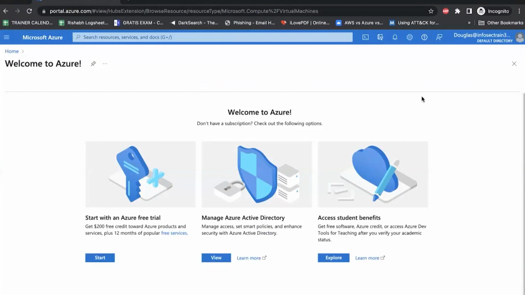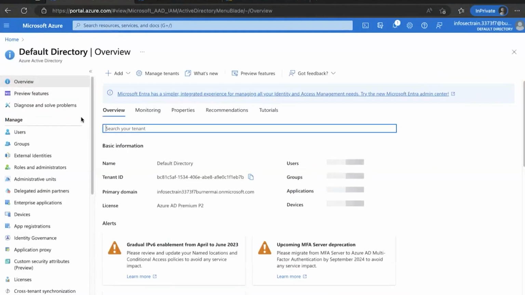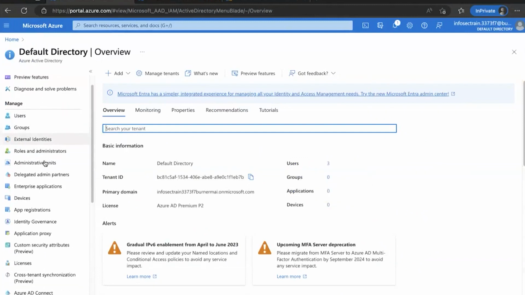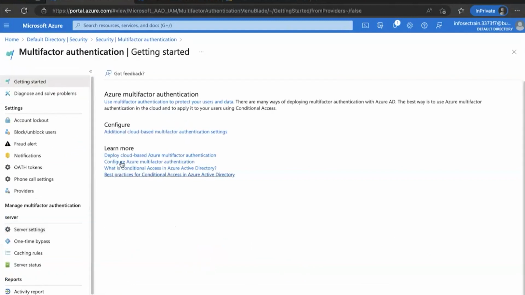And the same thing I was talking about: I can go from my main admin account and check things for Douglas. Do I want multi-factor authentication to be enabled for Douglas? Here in the security settings, you can go and see factors like MFA, and I can configure it and enforce it on Douglas.